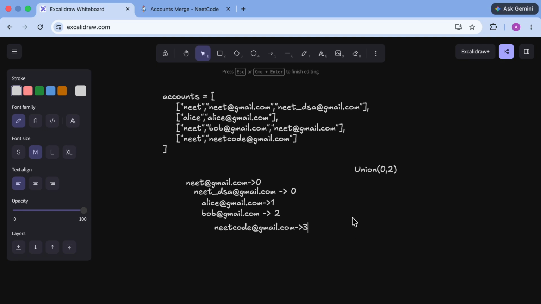Okay, so once you have visited all the accounts' emails, I will go from 0 to the size of the account, like n minus 1. Let's say the total number of accounts is n. How do you get it? Just account.size. So from 0 to n minus 1, I will check each account,